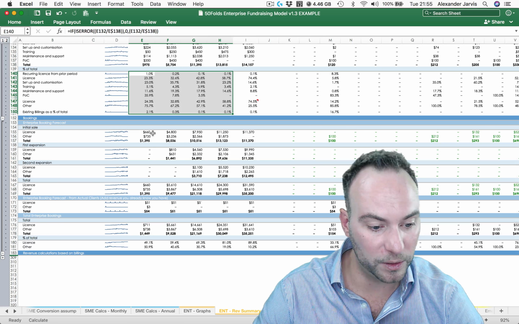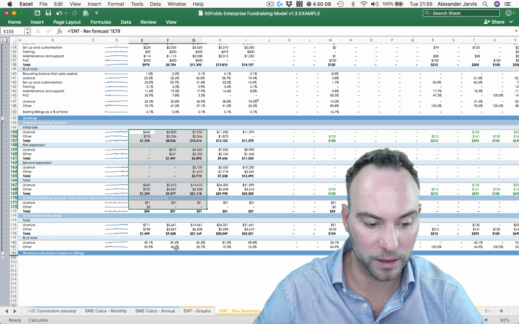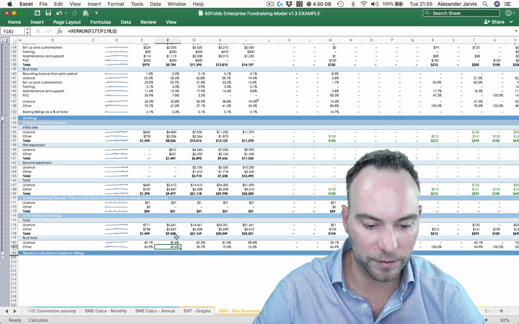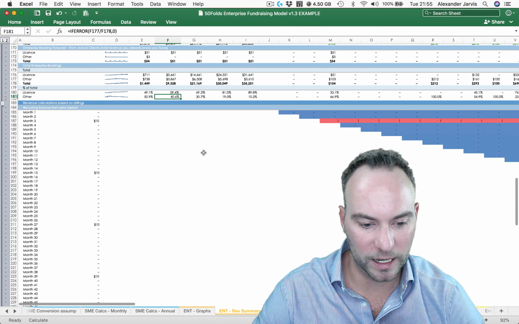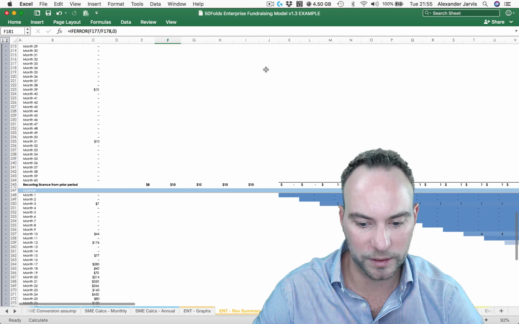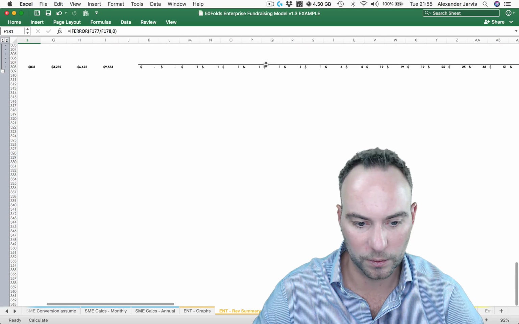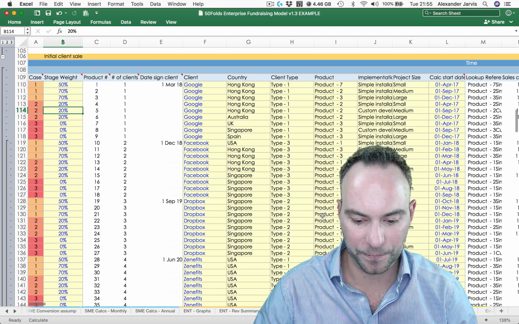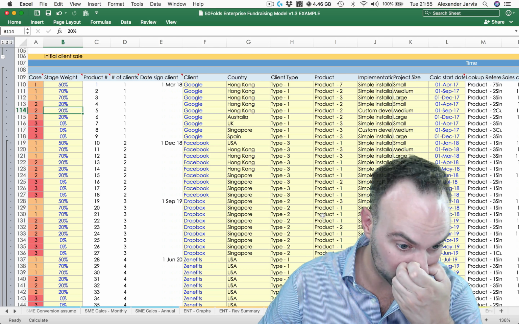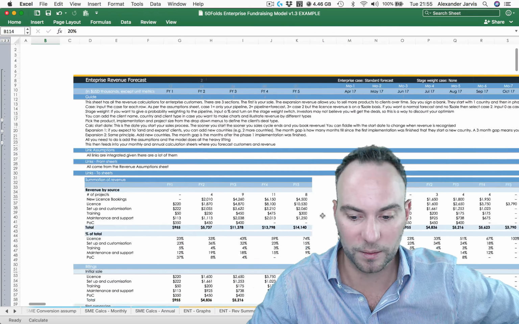And then we'll see what your bookings forecasts are, basically exactly the same thing, and what percentage of your revenue is coming from license revenue, because that's something investors care about. And then below we've got calculations for how all that stuff was calculated by looking at where your clients are. So I explained all this before already. Enterprise revenue forecast. Anything else to explain? Okay, well, we can see at the summary up here.